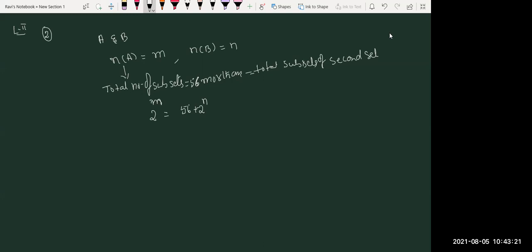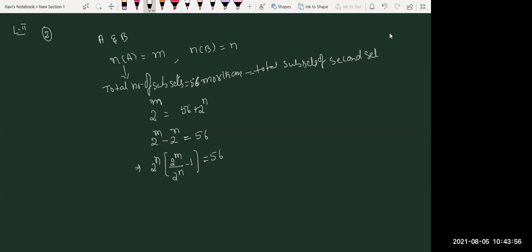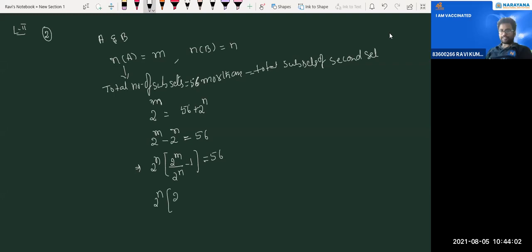So everyone understands that? Equal to how much? 56. Now what you have to do is, I will take 2 power n common here. Long back I discussed this question. Look at it. Do you understand this? 2 power m divided by 2 power n, can I write as 2 power